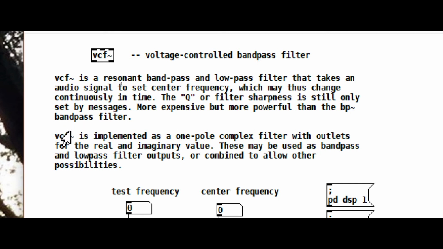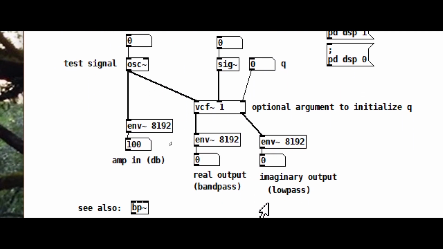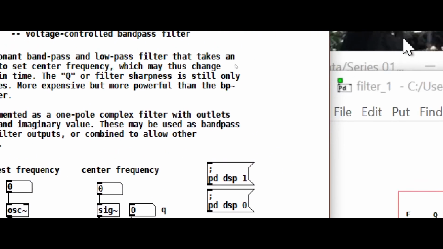Yeah, see here it's listing BP, like the bandpass filter. This is more expressive because the bandpass doesn't have a Q. And I don't think the frequency can be set at the audio rate, so it's not as smooth. But it doesn't really give me values that are